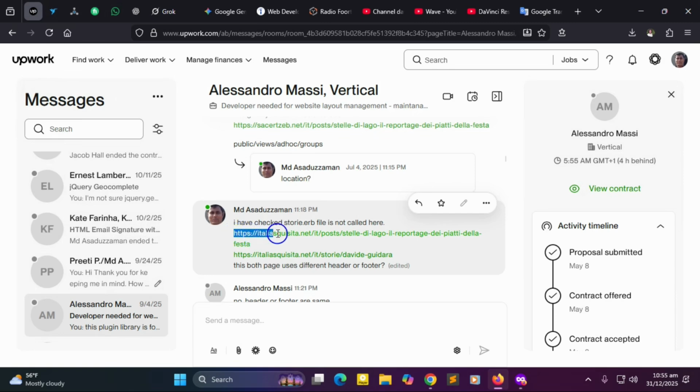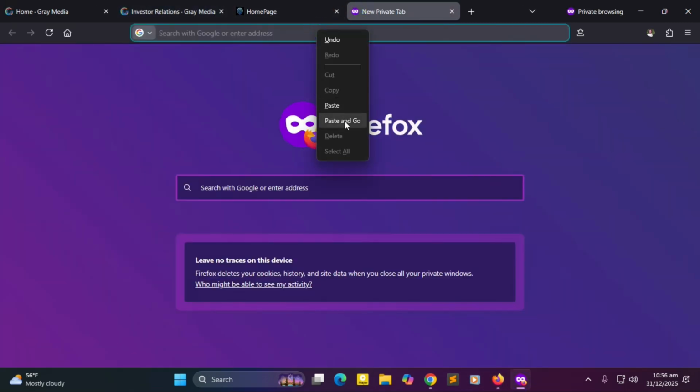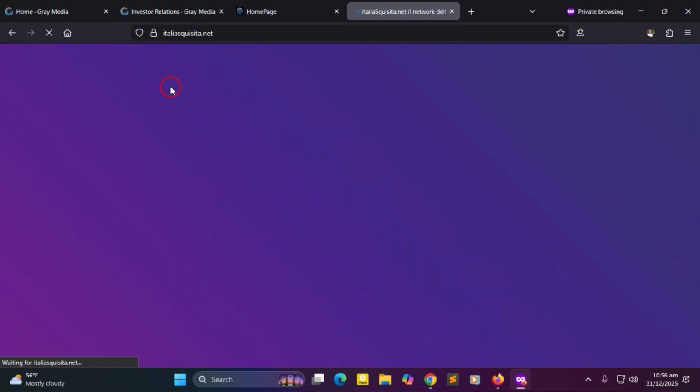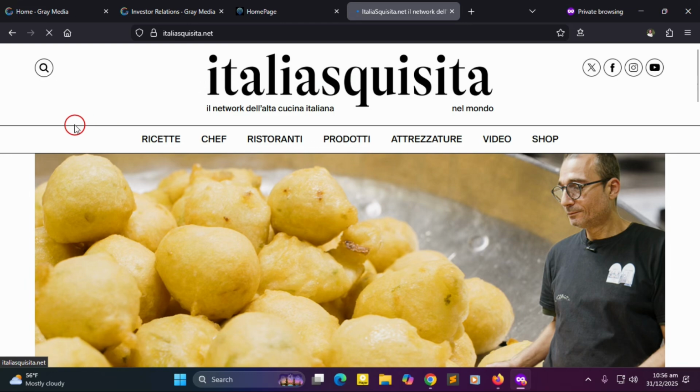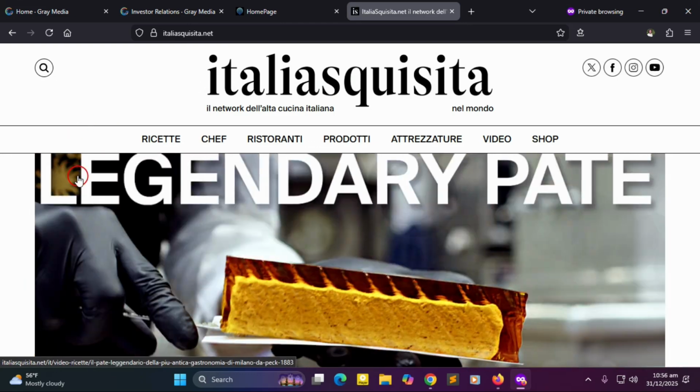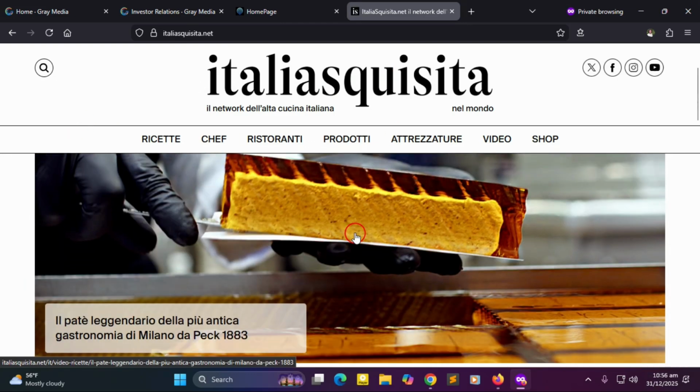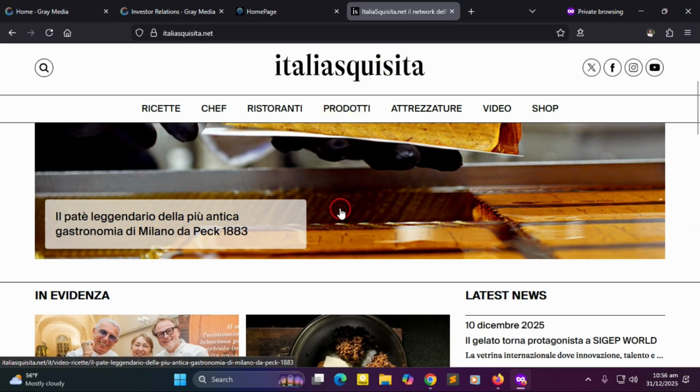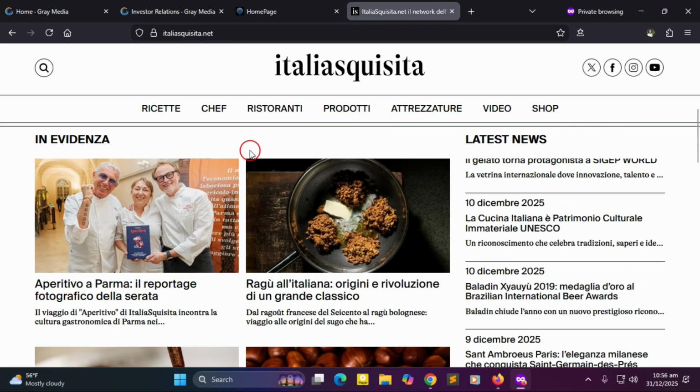How we have reduced the logo size and header to get more space. Let me open this website. I have worked on this website and reduced this logo size. When I am scrolling to the bottom, you see the logo size is reduced, so that the readers are getting a lot of space to see other